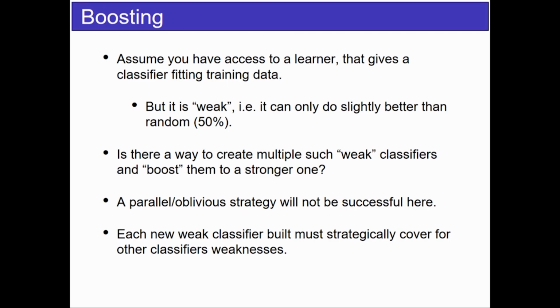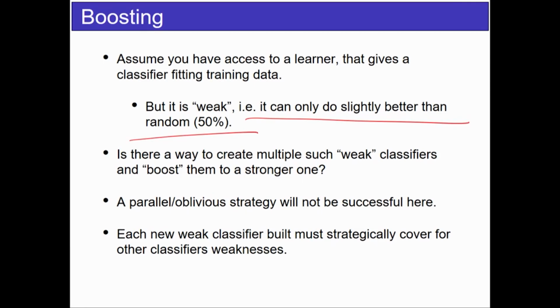So once again, it comes from a black box kind of access, but you have a black box which is very weak. That's the idea. So it's kind of very opposite of what you had in bagging. In your bagging, each of the individual learners was very high capacity. It could fit arbitrarily well. But here in boosting, you have individual learners which are very weak. Say, for example, each of them just decide based on one feature, maybe. I mean, you might have 100 features, but each of your individual learners is going to decide positive or negative based on just one feature. It's an extreme case, but that's actually a very powerful case in itself with boosting. That's what we'll see.